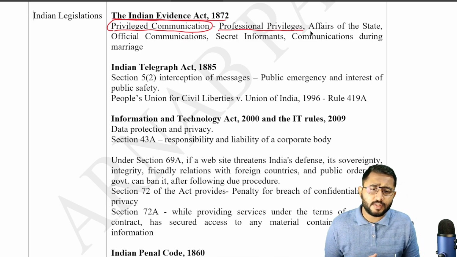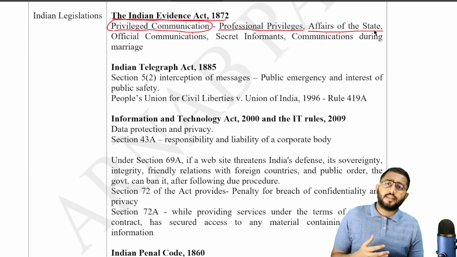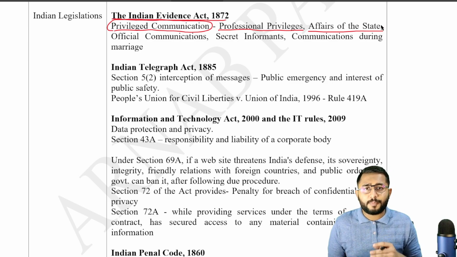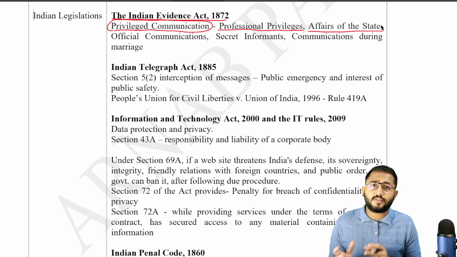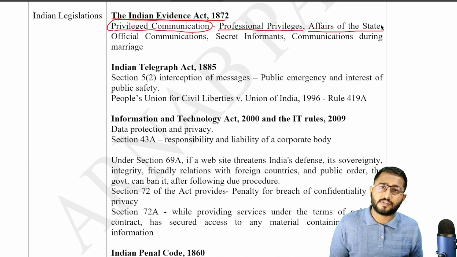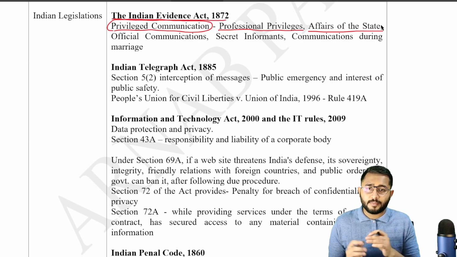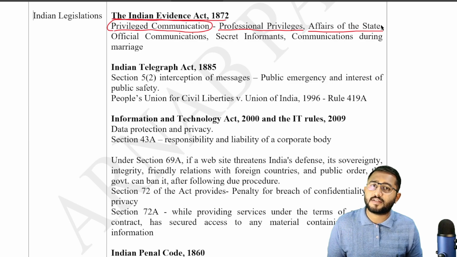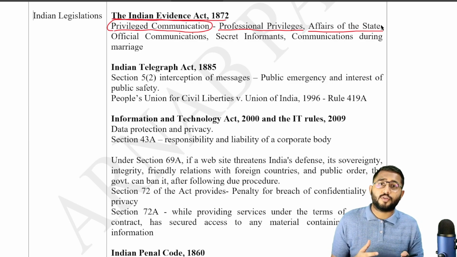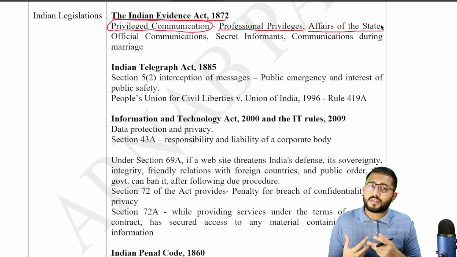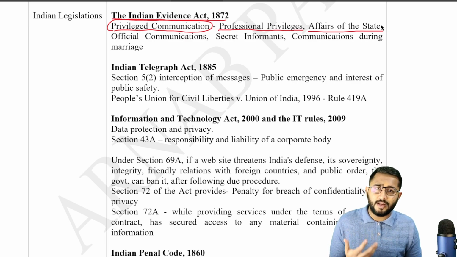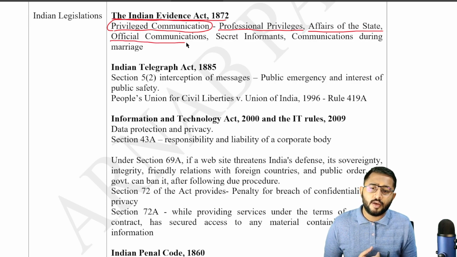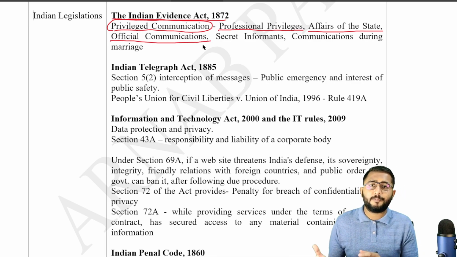Now, similar thing happens with affairs of the state. It says that a person cannot present evidence from an undisclosed piece of information that relates to state affairs. मतलब जो चीज़ स्टेट की पब्लिक आई में नहीं है, हम उस चीज़ को एज एन एविडेंस प्रेजेंट नहीं कर सकते, क्योंकि अगर ये करना होता फिर क्या होता, इसी के नाम पे, ट्रायल के नाम पे बहुत सारी इन्फॉर्मेशन लीक हो जाती, बहुत सारी स्टेट की इन्फॉर्मेशन लीक हो जाती, बी इट रिलेटेड टू डिफेंस, बी इट रिलेटेड टू सिक्योरिटी और फाइनेंस, राइट?